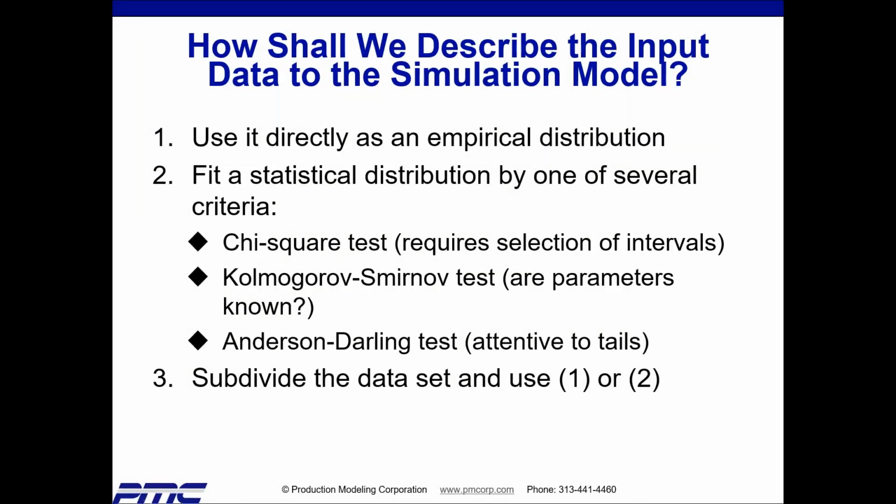Now, here the modeler has a choice. You can tell the model to sample directly from the set of data points I collected. Or, preferably, you can use a statistical technique. There are 3 well-known good ones listed here in the diamonds to find a good fitting statistical distribution. I just clicked through 3 of the basic ones: uniform, triangular, beta. There are many others: Weibull, gamma, log normal,